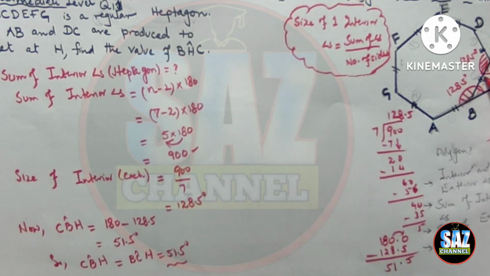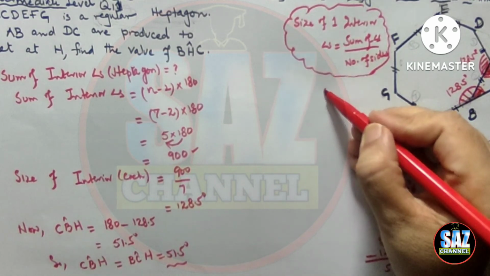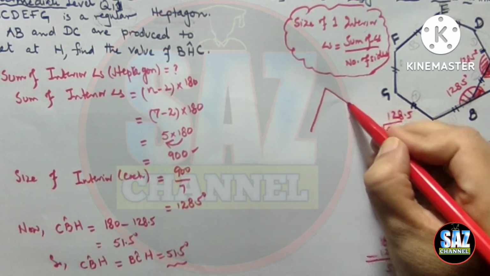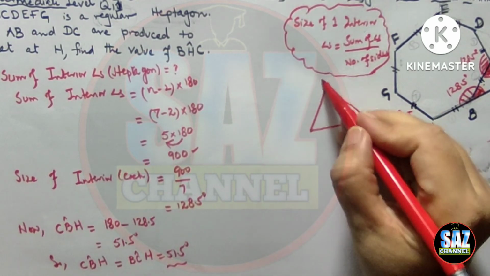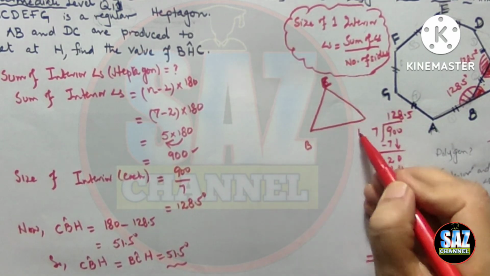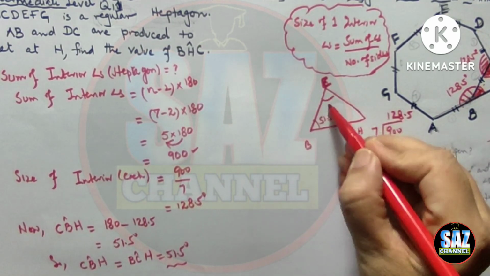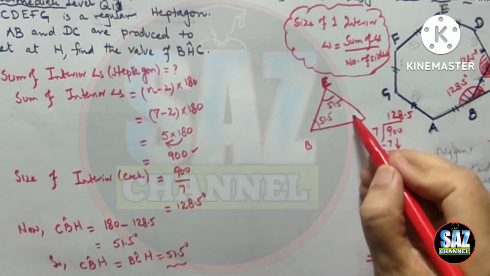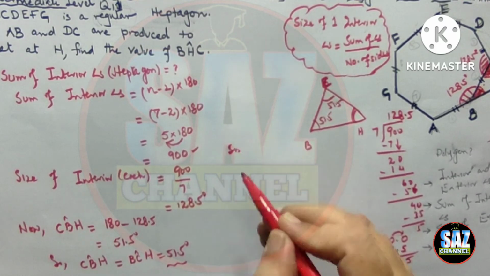Again, this small triangle has both angles of the same measure, so it means that this is again an isosceles triangle. Let me draw the figure here. For understanding purposes, please give small references in your working so that the examiner can understand your message. This is C, this is B, and this is H. Okay, and this is 51.5, and H we need to find. So BHC